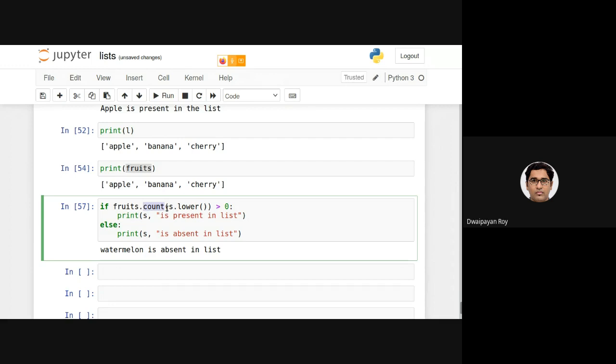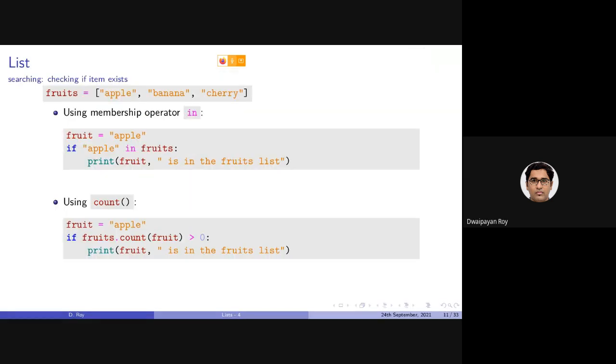Also, if we just want to check the existence of an item in the list, there is another advanced way using which we can also search. That will be discussed while discussing sets and dictionaries. But all these ways, either using the membership operator in or using this count function, have a limitation.